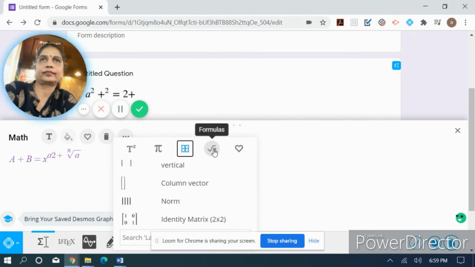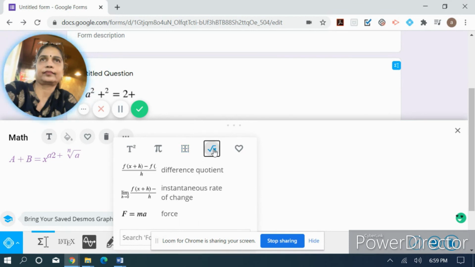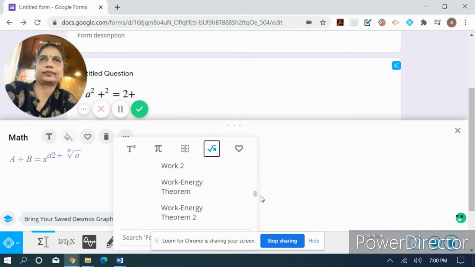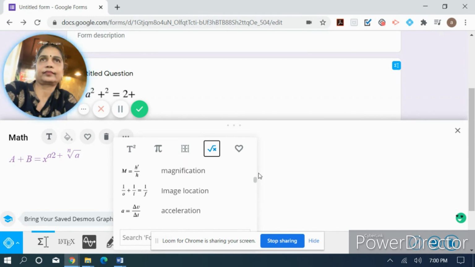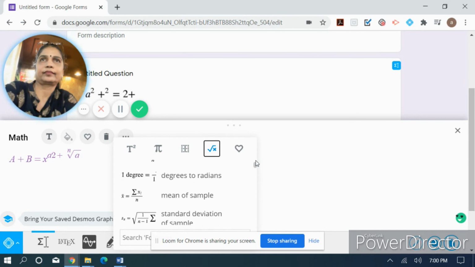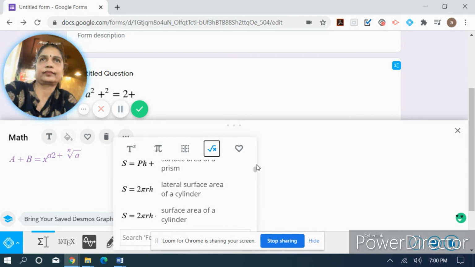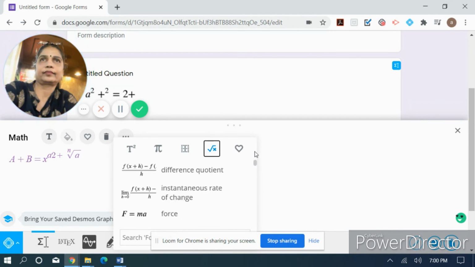The next is square root part, formulas are there already, like you can click that. So if you want to insert a formula, there are so many, see here, there are so many, it will be helpful for even the chemistry equations as well as your physics equations or physics numericals also.